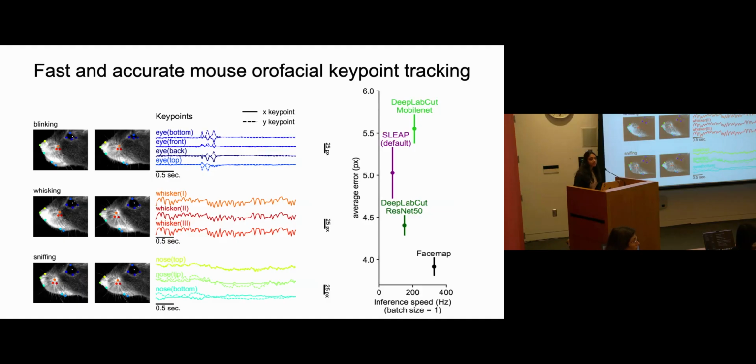Yes? Do you have anything with tongues? Like when you lick? Currently, there is no key point for tongue, and it depends. I know some labs use a sensor to detect licking time. There is a trick to the model, which I suggest to people: there are other key points for a paw or something, and you can retrain a few frames